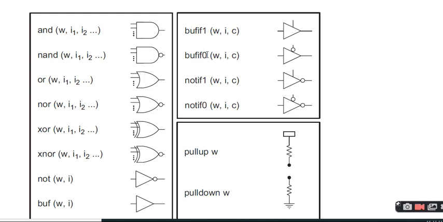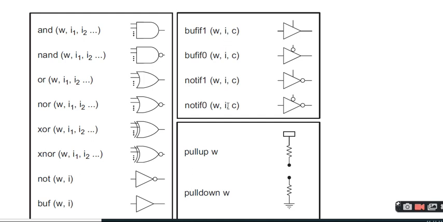Similarly, you see here there is no NOT, and in this one NOT is there. So notif1: W is output, input, and control is 1. Whatever input is there, you get the NOT of it. This is the syntax. Similarly, notif0: the control signal is 0, and whatever is there at the input, you will get the opposite of it.